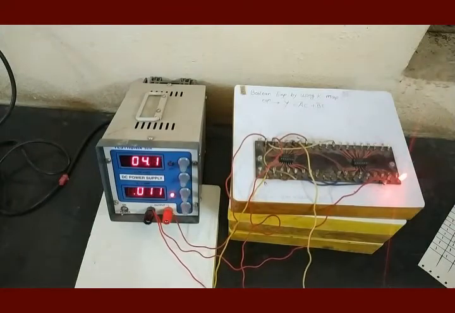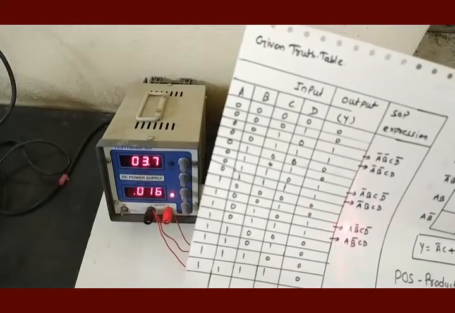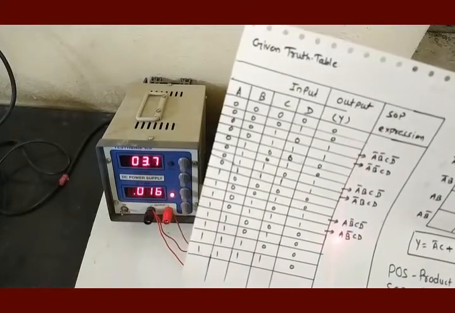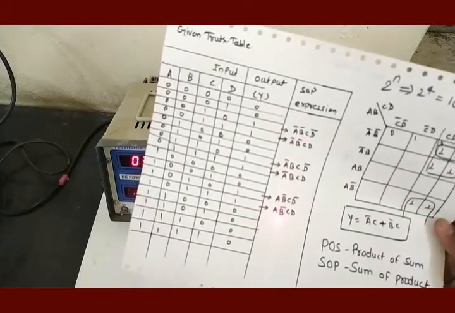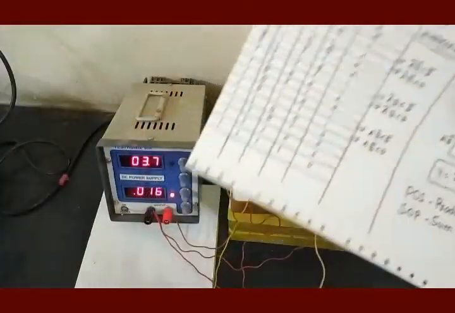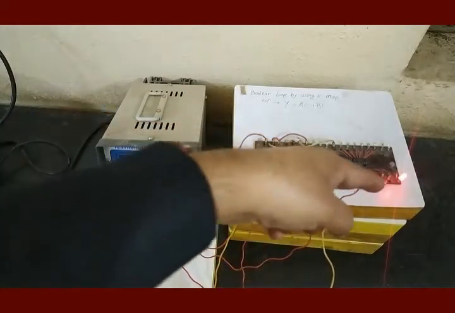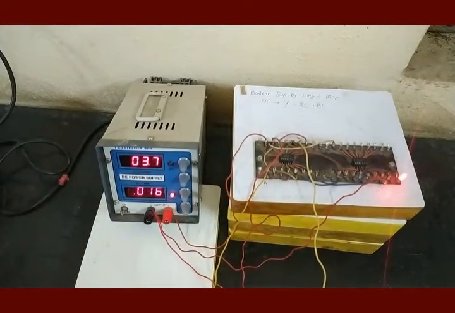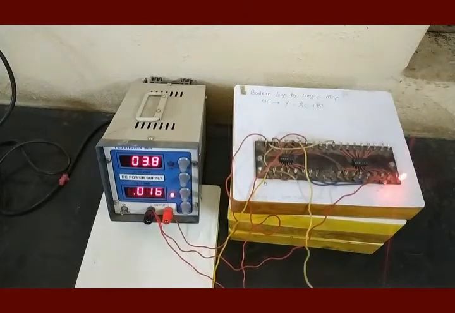And now if you see the sixth condition in the output, the fifth and sixth conditions are the same: A, B bar, C. D has already gone away. So the fifth input condition is A, B bar, C, which is here and which shows the output is equal to 1 as the LED glows. Here we have verified only those 6 conditions where output is 1, and it is verified by the truth table.